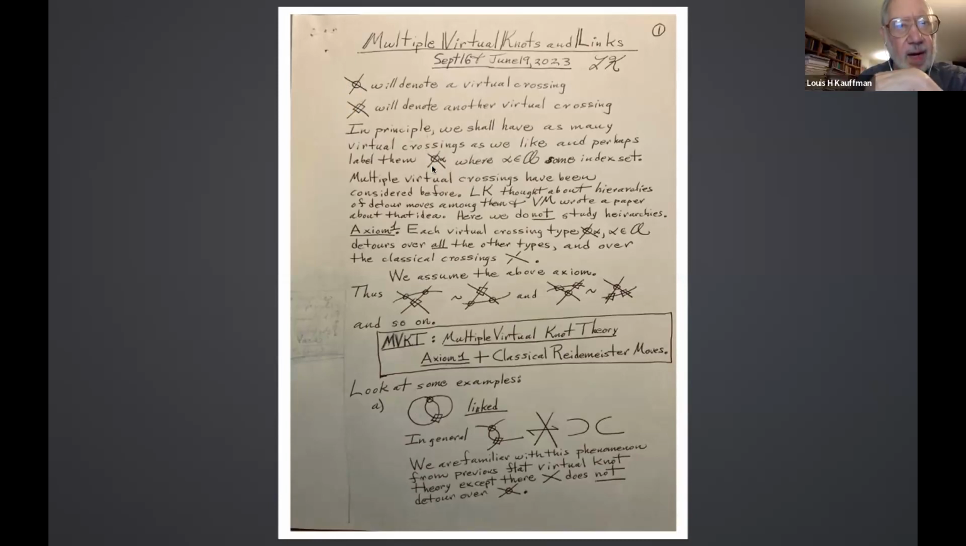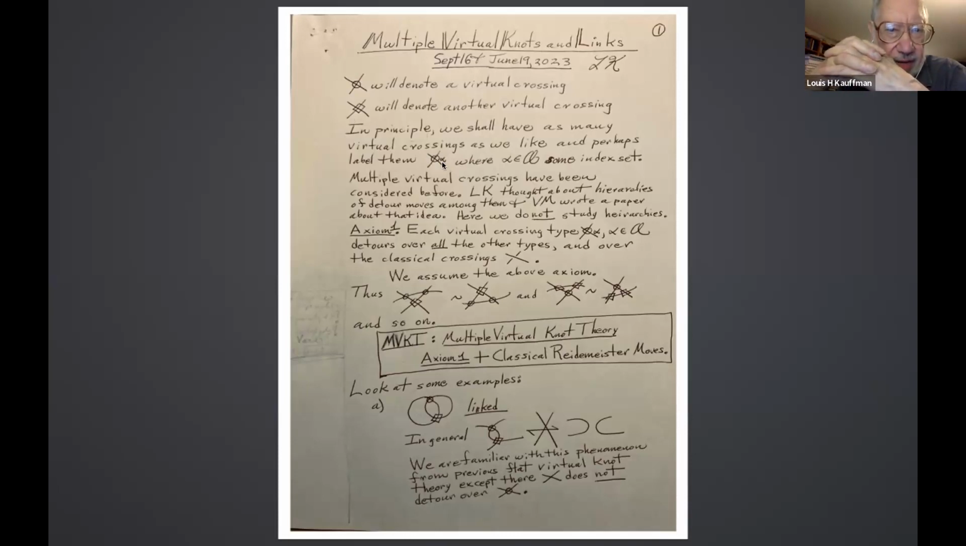Okay. We can also label virtual. We're going to consider virtual knot theory with many virtual crossings. So here are two that I like to draw, but I could have many indexed by some index set if I want to. Now,